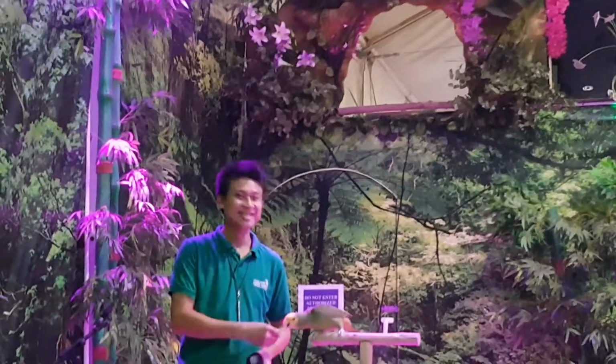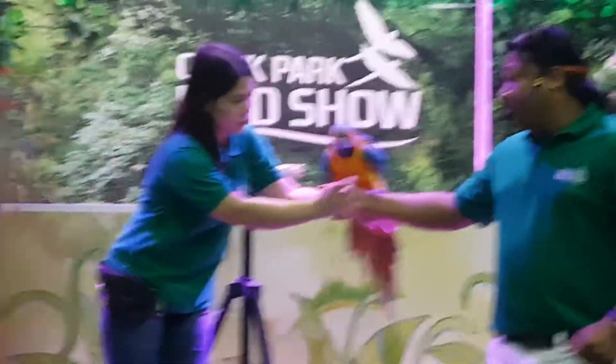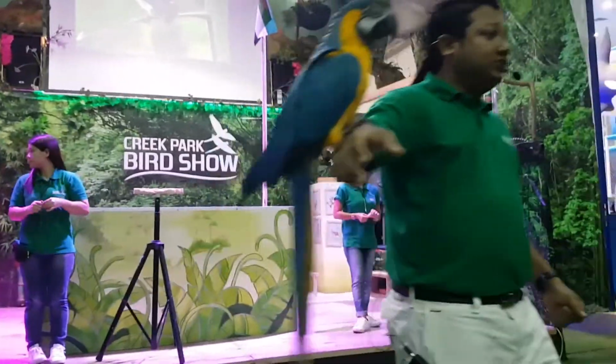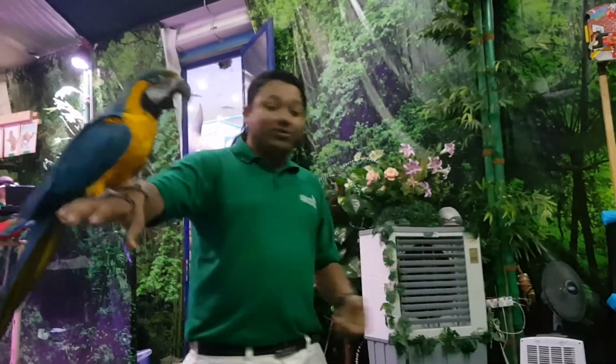You can see how amazing and fantastic they are. Alright friends, now is the most amazing part of the show. Now you can take pictures with the real birds, and I'm going to show you how. This is position number 1. You can hold the real birds in your hand. You can see how excited the kids are. Yes, let me tell you. This is position